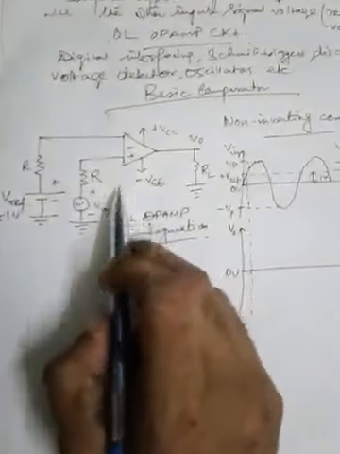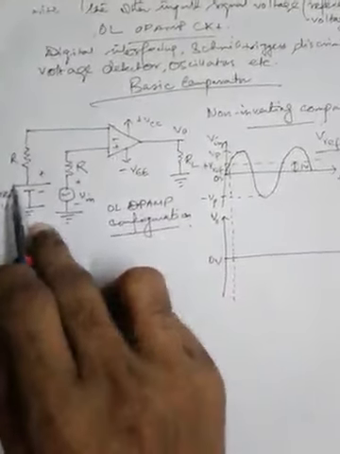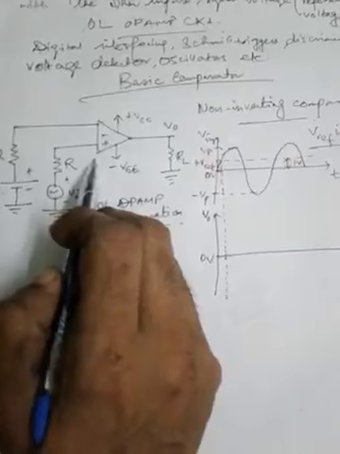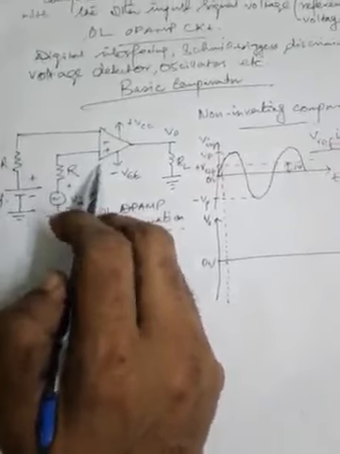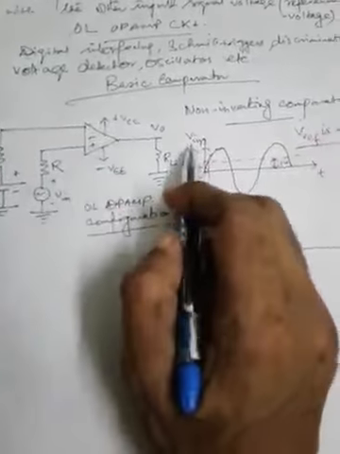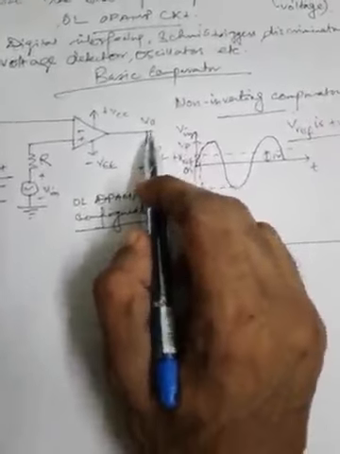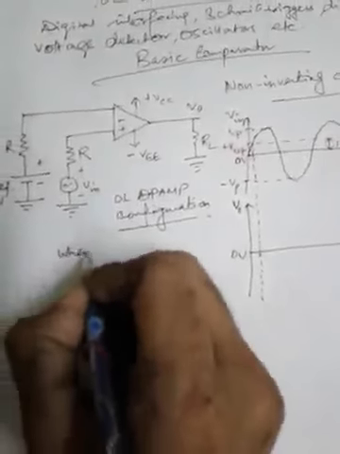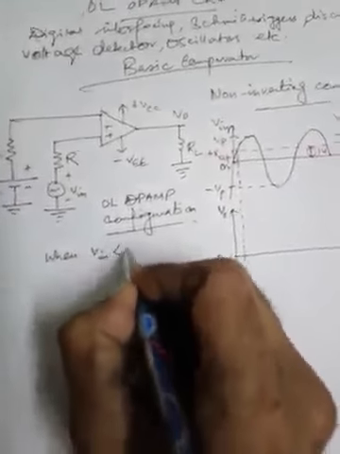Now come to the circuit. Vin is less than V reference, so the inverting terminal input voltage is greater than the non-inverting terminal input voltage. That means the output VO will be minus V sat. So in this case, when Vin is less than V reference,